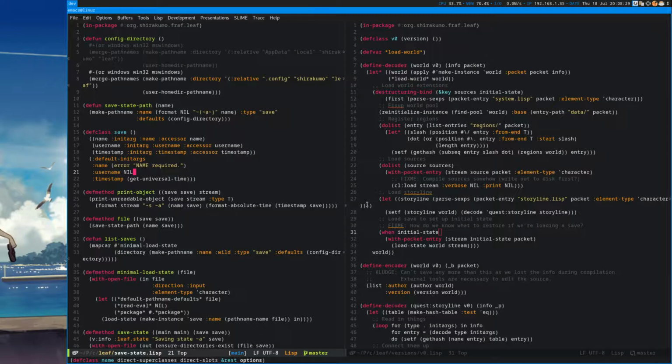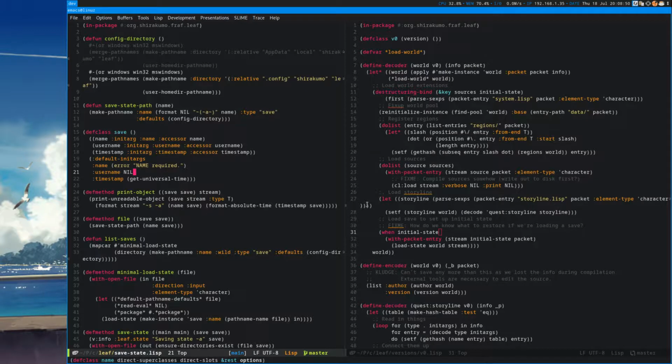So there needs to be some kind of other mechanism to ensure that the save state can replay all of these entities or changes as well. And I'm not quite sure yet how to do that. That's something that I need to think about.